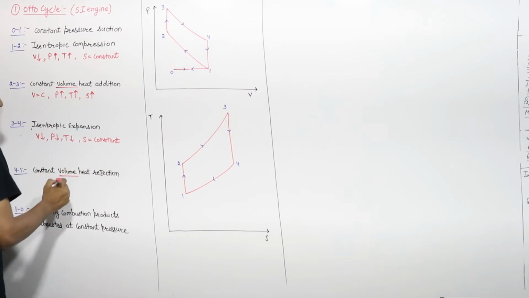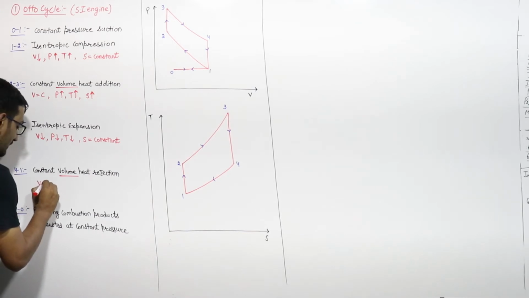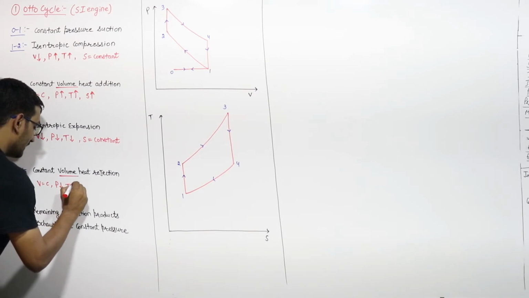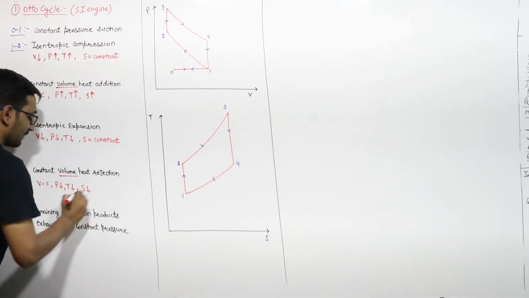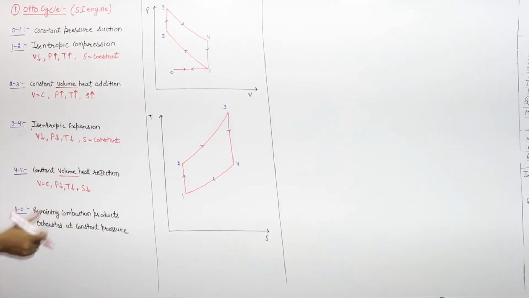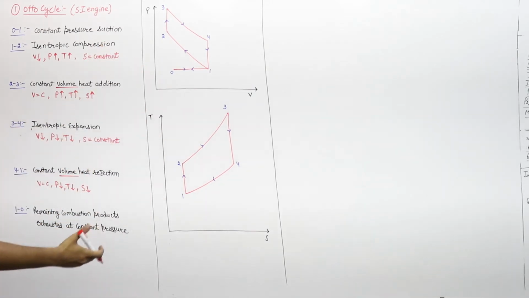So in this case heat is rejected, so we can say that in this process 4 to 1, volume will remain constant, pressure will decrease, temperature will decrease, and if you can see, entropy will decrease. Because temperature is decreasing, so the entropy will decrease, right? Because here also m C ln(T1/T4), T1 is less than T4, so entropy will decrease.